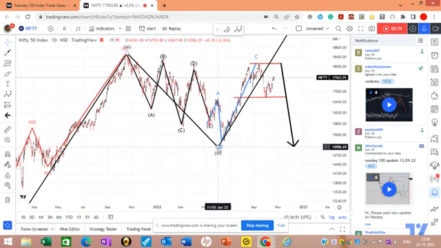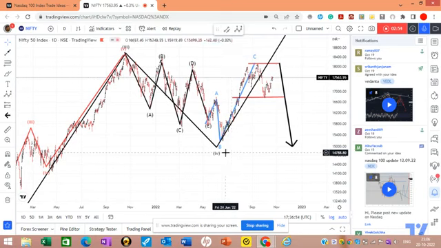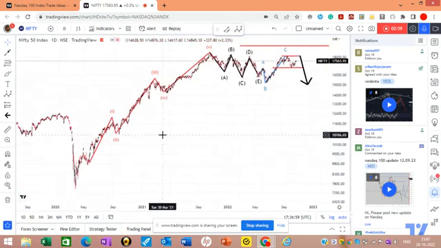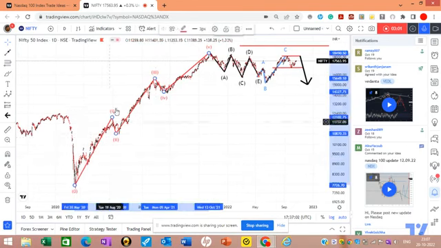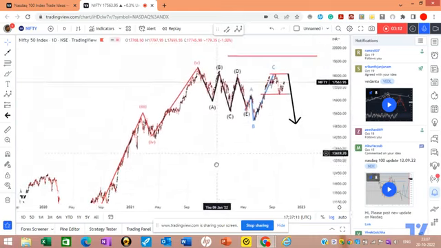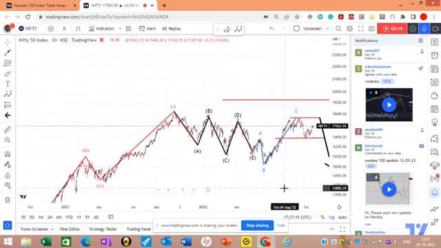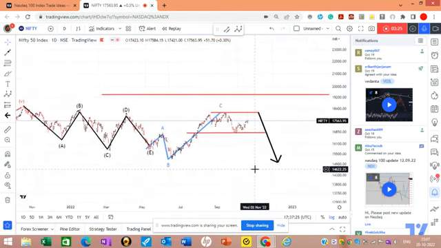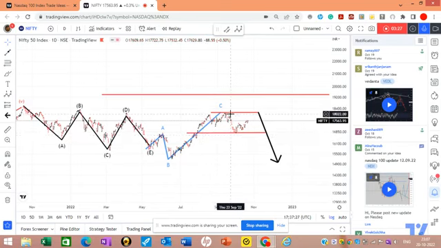So right now suppose I'll come back to my earlier count and explain myself. What are the clues I had? So I had marked this. This is the end. A, B, C, D, and E. A, B, and C. Corrective wave. So this was a five-wave move up, and okay,